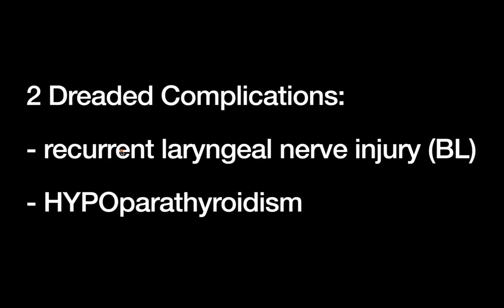And the reason we're hunting for that nerve is that there's really 2 dreaded complications of surgery for hyperparathyroidism. The first relates to that nerve. So if you injure the recurrent laryngeal nerve, the primary concern we have is that it innervates the vocal cords and it pulls the vocal cords open. And so if you injure the laryngeal nerve on one side, that's not ideal, but it's okay. Frequently, it's a traction injury that recovers, and the patient just has a little bit of hoarseness for a few